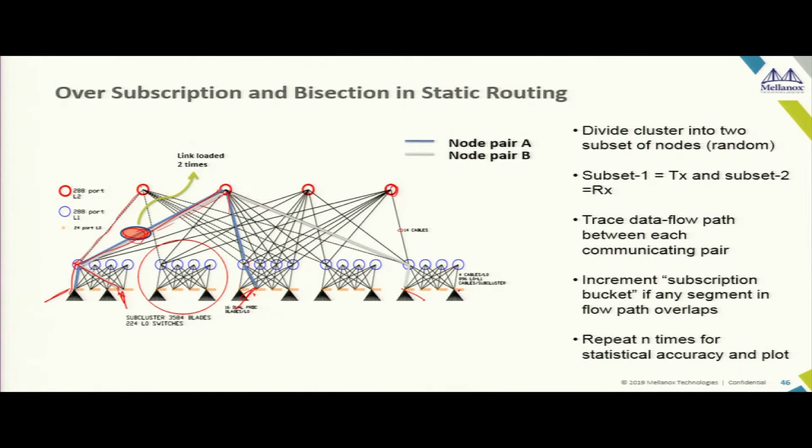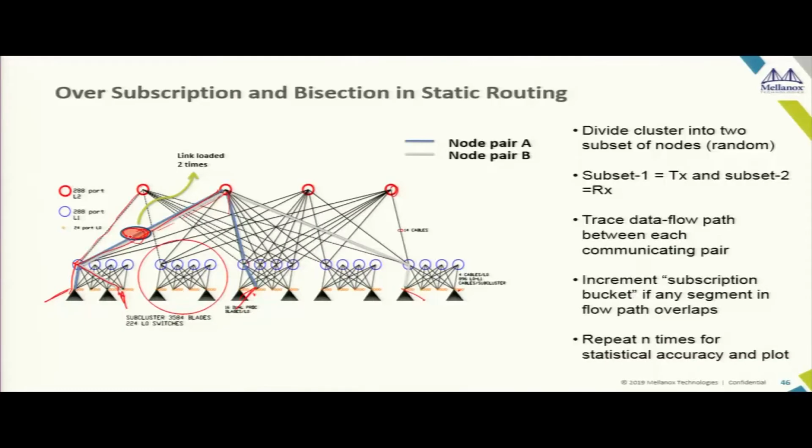At the end of the day, there has to be some balancing algorithm in routing which will ensure that all the uplinks have an equal amount of data being carried up. But till the time that happens, there can be segment sharing. And that is where the blocking nature of a network comes into play. And that is where you cannot have a statically routed network. Because if your network is statically routed, every time this permutation is hit, the segment will be doubly shared.